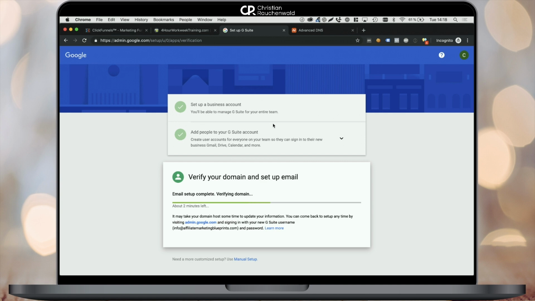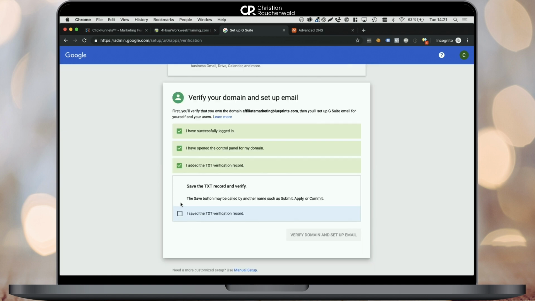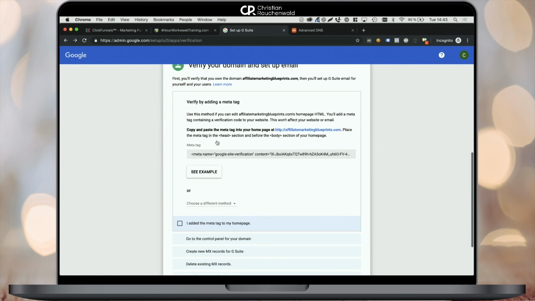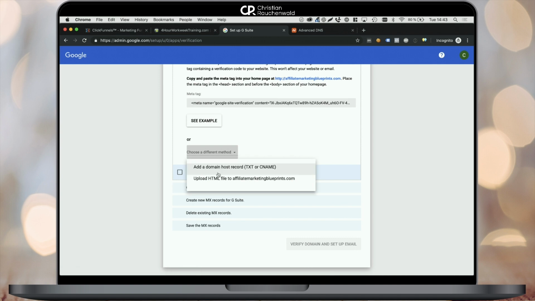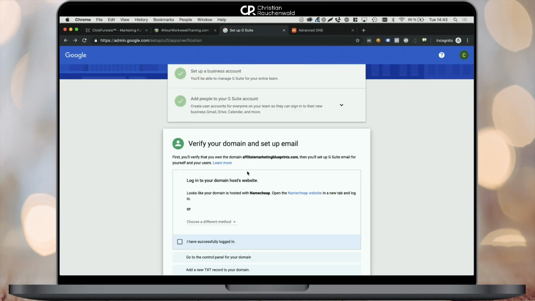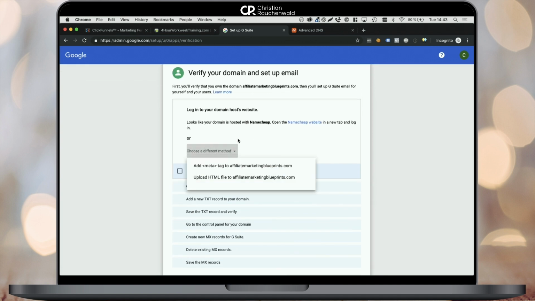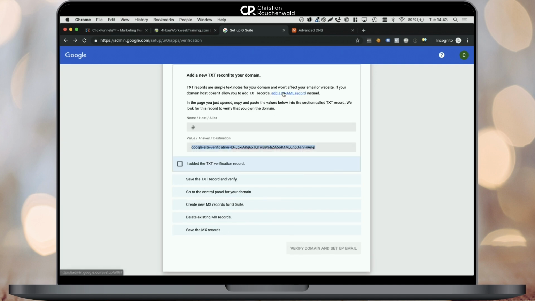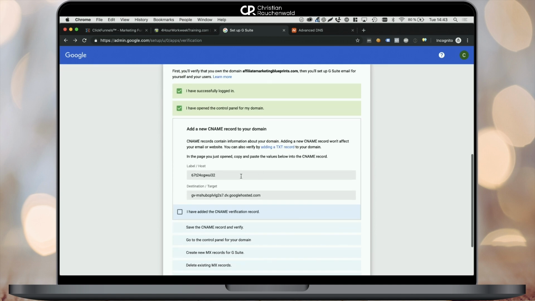It's also important to note that in some cases the verification process here will fail. However, if the verification should fail a couple of times, Google is going to provide you with an alternative method of verifying your domain by adding a so-called CNAME record within your DNS management. You'll basically be walked through the same process, but instead of adding a text record in your advanced DNS settings at Namecheap, you will be adding a CNAME record, which should verify within the first attempt of verification.